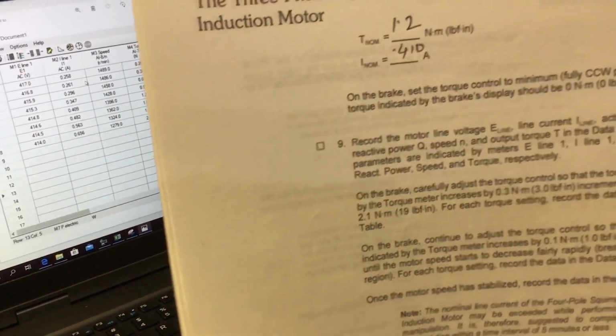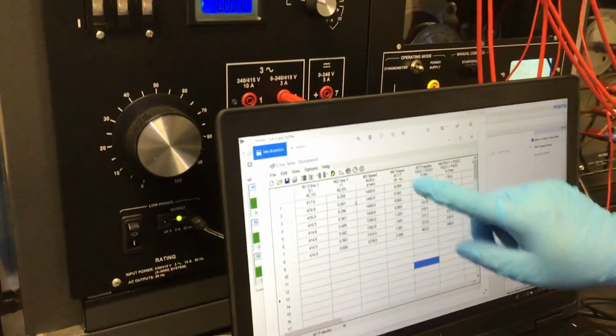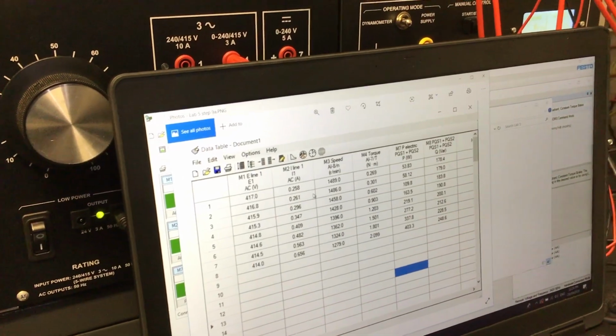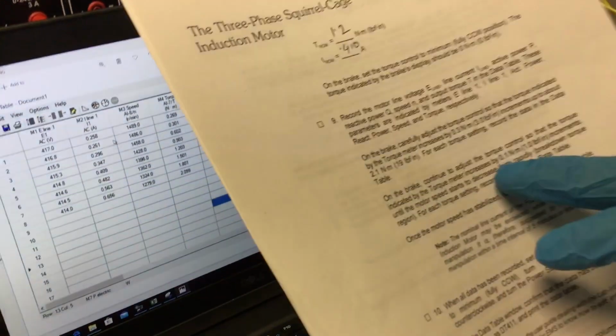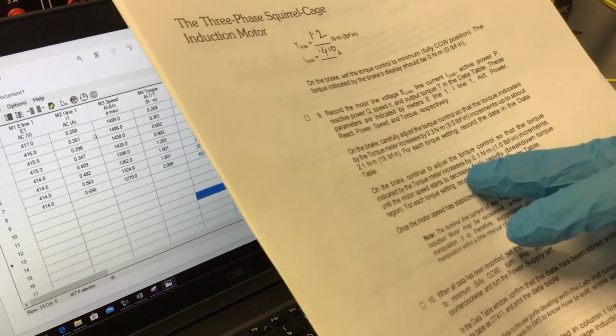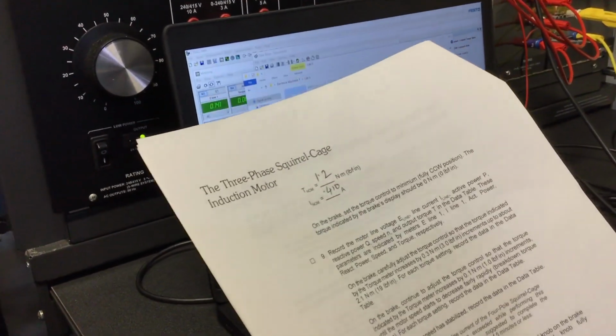So this is the result. For 9B, we have to increase the torque by 0.1 up to the maximum. So same thing we have to do, and this one we'll use to give the answer 10 to 15.